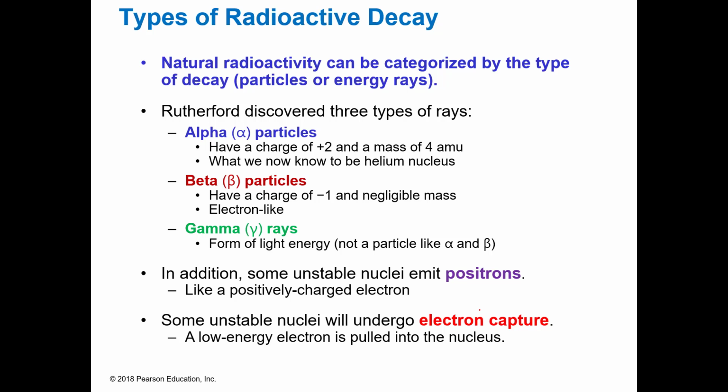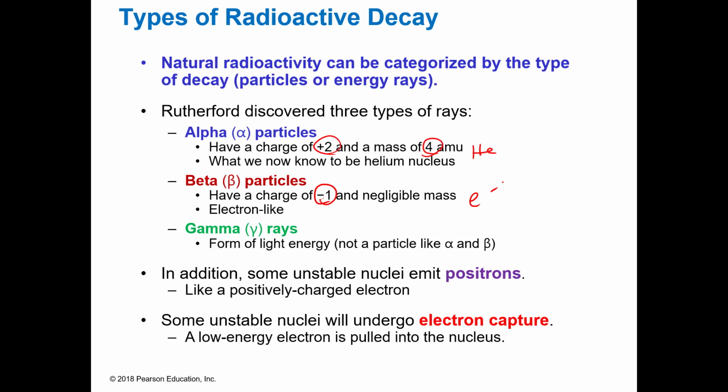We naturally have radioactivity going around all the time, and we can categorize that by what types of particles they are using to decay. Rutherford, remember him way back? He actually discovered the 3 types of rays, alpha particles, beta particles, and gamma particles. Alpha particles have a +2 charge and a mass of 4, so they're kind of like a helium atom. Beta particles have a -1 charge and negligible mass, and so they're kind of like an electron. And then gamma rays are not particles at all, but they're just a wave of light, so they're just on the electromagnetic